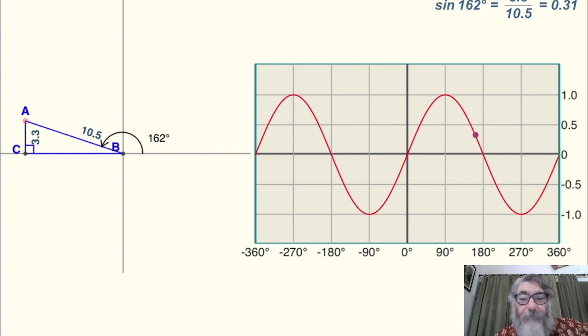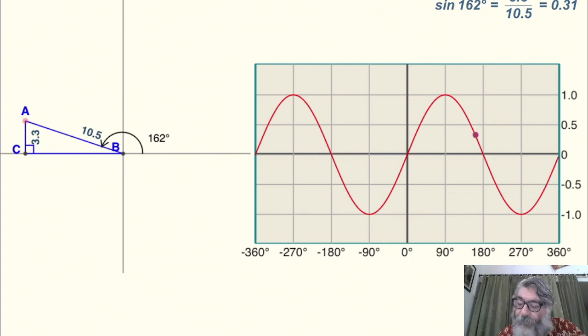Why are the rest negative? Because in this triangle only the base is negative. Base comes in what ratios? What is cos theta? Base upon hypotenuse. Base is negative, hypotenuse is positive, so cos is negative. Opposite of cos is sec, so sec will be negative. Tan is what? Perpendicular upon base. Perpendicular is positive, base is negative, so tan will be negative. And opposite of tan is cot, so cot will be negative. This is also a very beautiful explanation for the second quadrant, first quadrant, third and fourth quadrant.